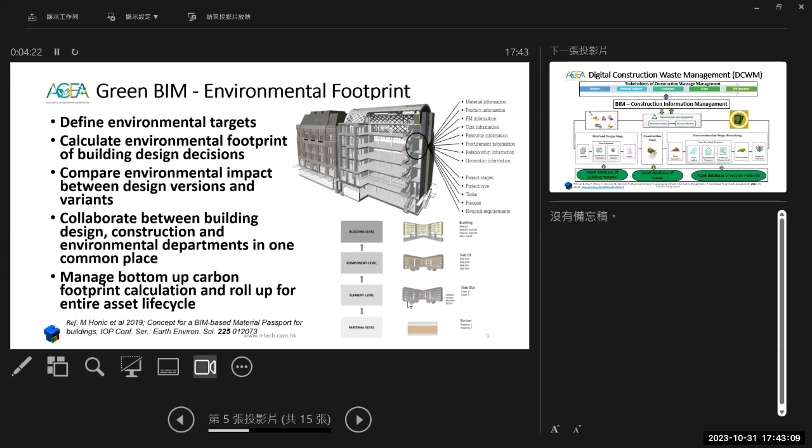Okay, so this is a short movie, but I think it's easy for everybody, if you are not in the construction industry, to at least have an idea of the new approach of using technology to build the building. So I think what we're talking about, the green BIM, is